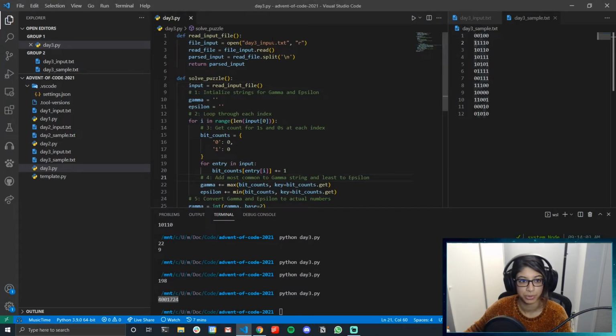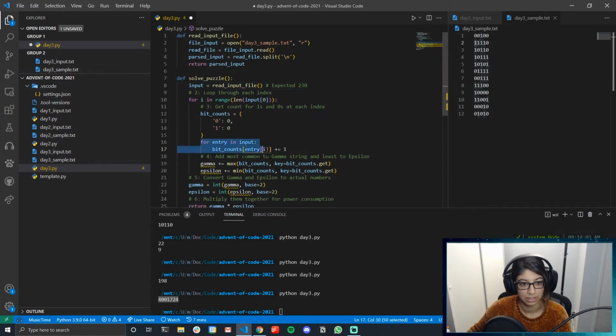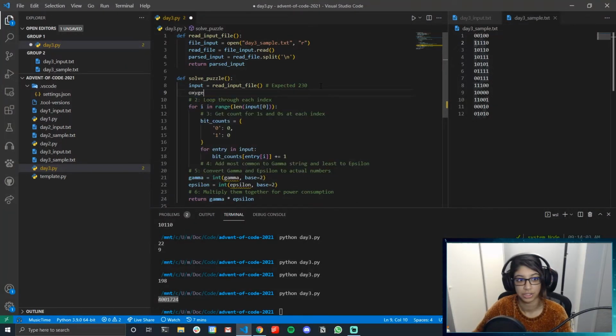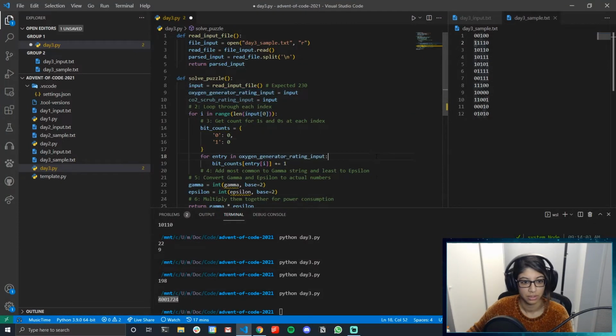So we can probably reuse most of this. Let's change this back to sample. Sample is going to give us, same thing, we multiply it together at the end. So this gives us 230. So instead of keeping track of these now, we don't do this. Okay, so at this point, we have the counts. So I think we need to make 2 copies of the input. So we need the oxygen generator rating and the CO2 scrubber rating. Okay. Oxygen generator input,